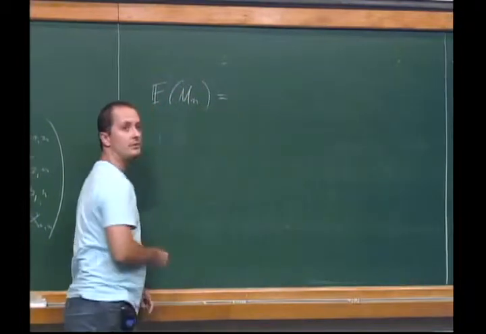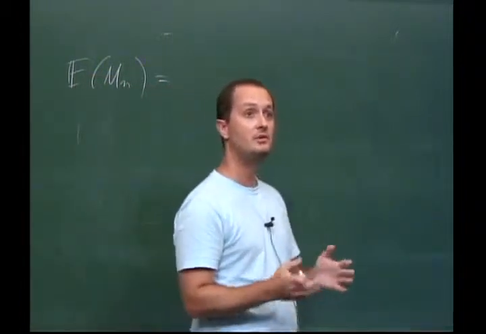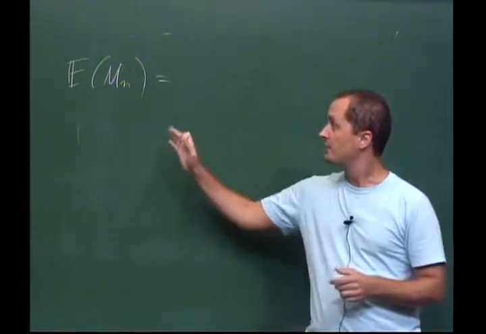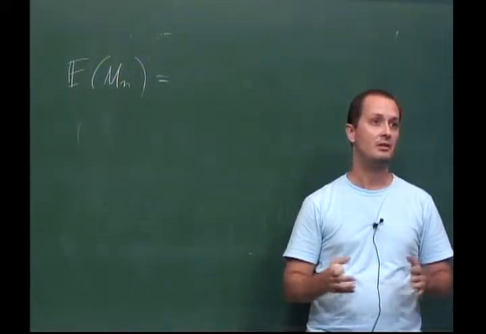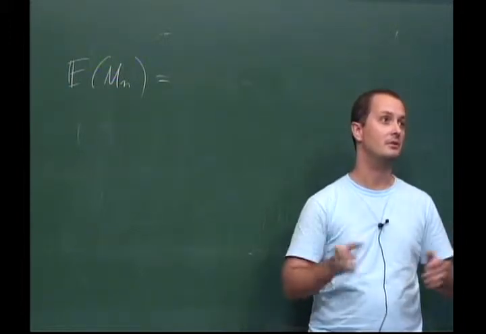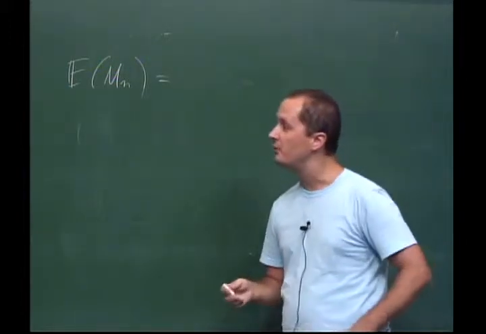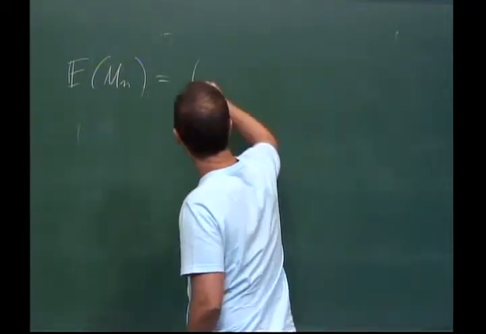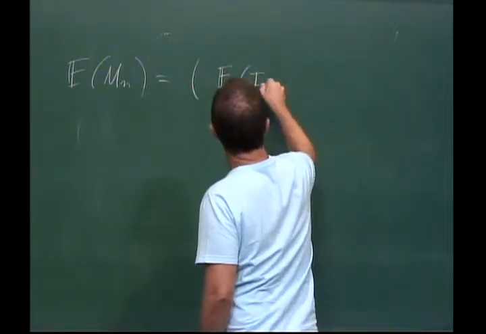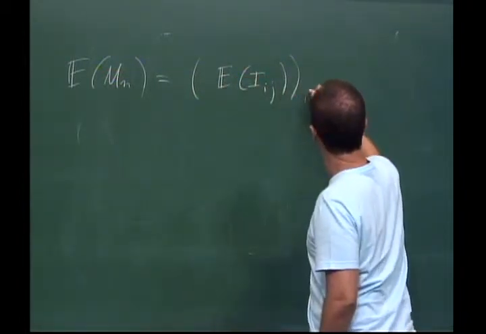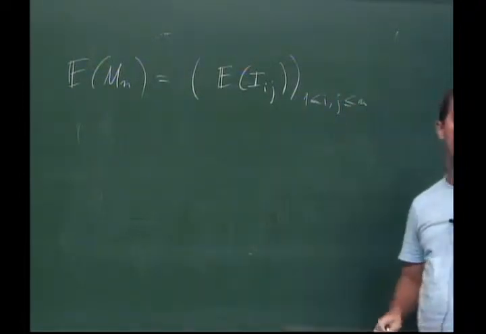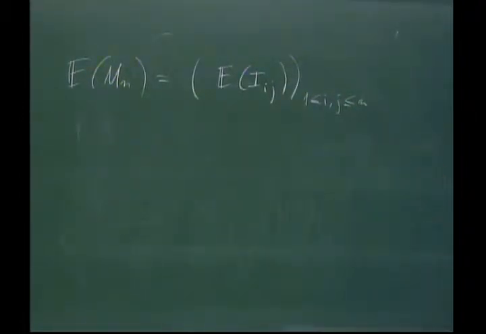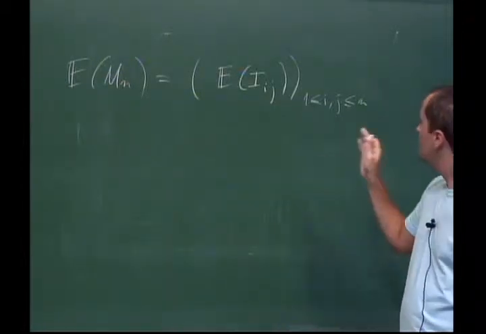Well, there's sort of two ways to put it. One of them is to say, well, the space of all n times n matrices is a vector space. The space of symmetric matrices is a subspace. And whenever you have a vector space, at least a finite dimensional vector space, you can define expectations by some sort of limit of discrete things, of averages. The less complicated way to put it is just to say, well, the expectation of a matrix is by definition the entry-wise expectation. And you can take that to be a definition. It agrees with the previous thing I said. But let's see what this matrix looks like.